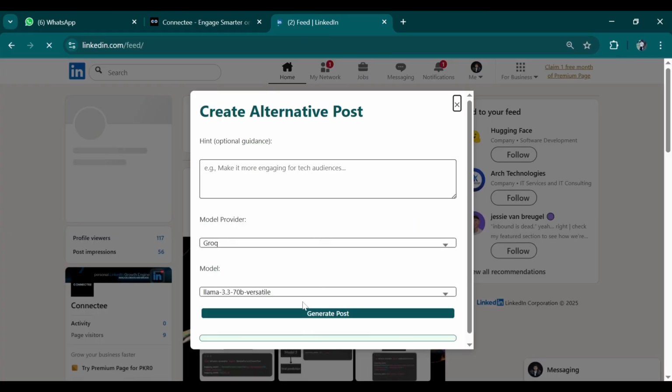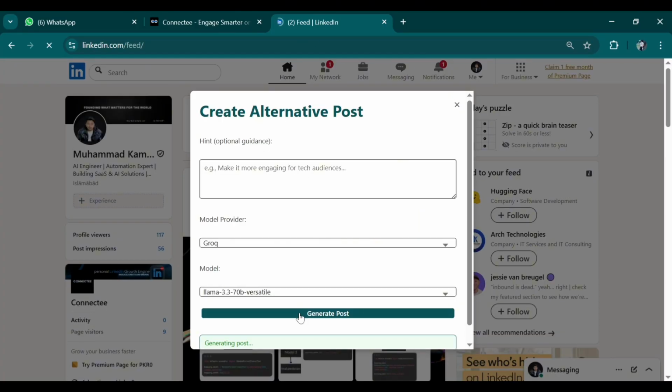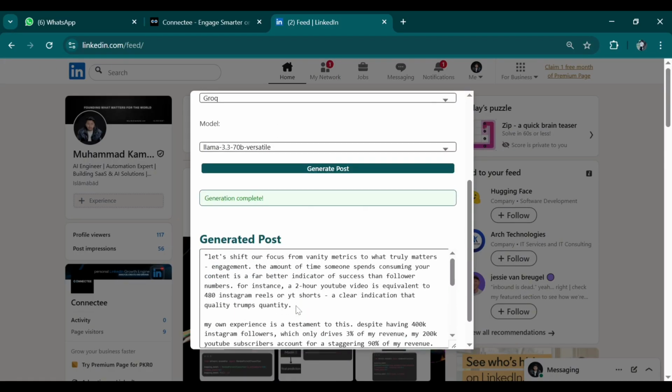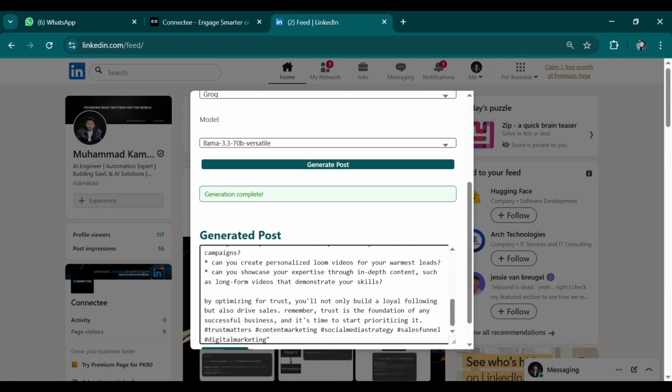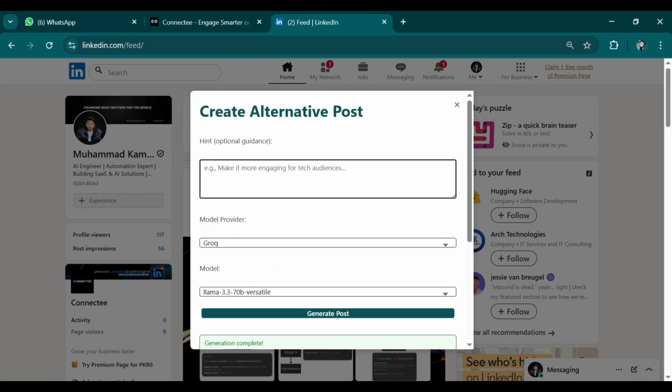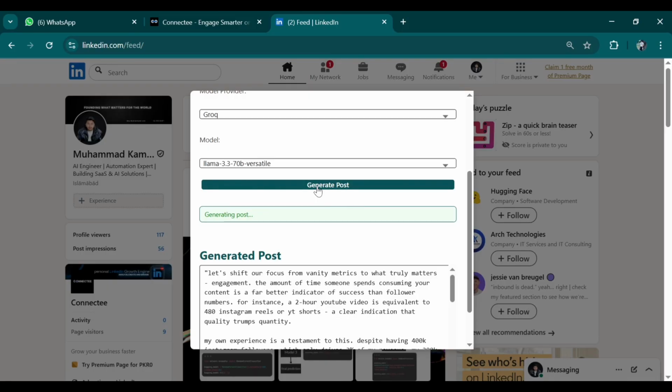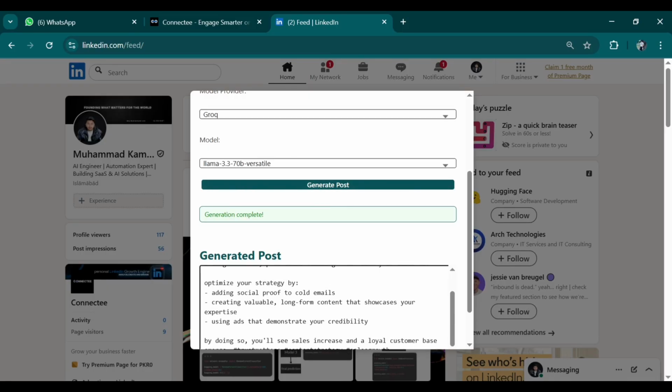So here, if you want to generate a post, you will click on the generate post button, and it automatically creates a post for you. And if you want to add some personalized touch, you will use the hint feature. Suppose I want to generate a concise post, same as I wrote for comment. So I'll write "generate a concise post." So I'll provide some hint, and when I click on the generate post button, now see that it will